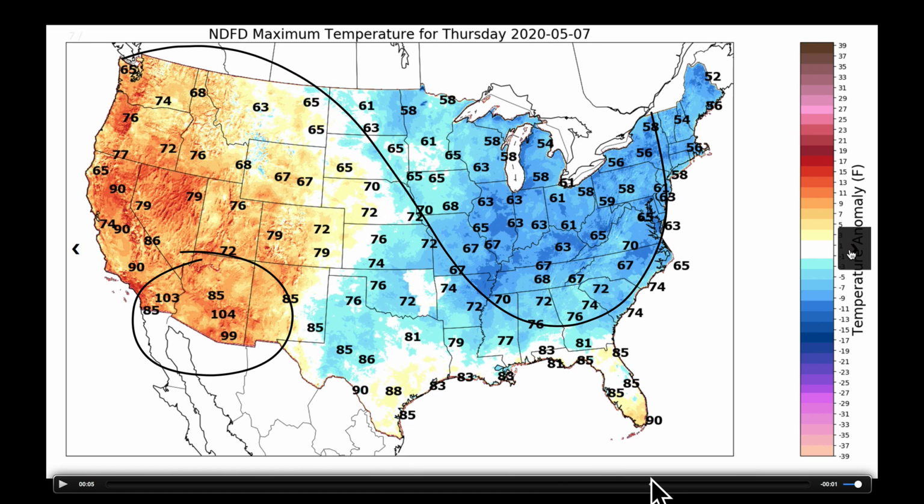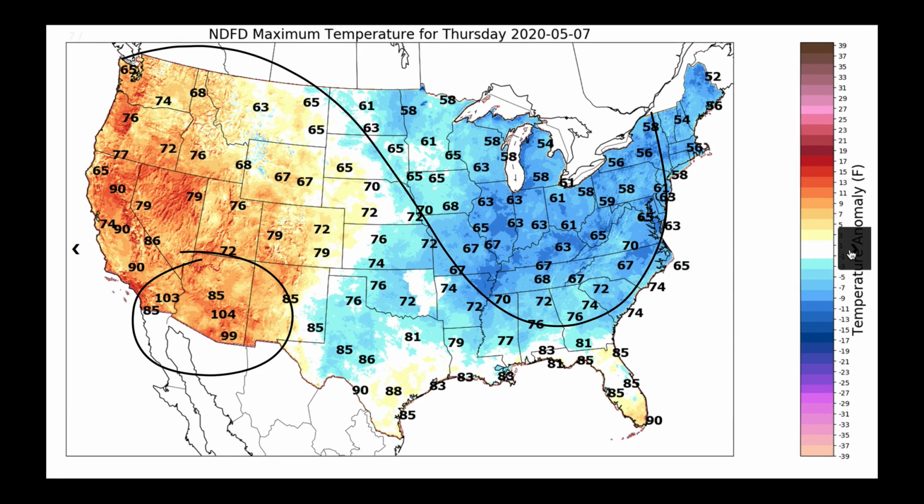This is Wednesday into next Thursday. Another very hot day here, with a lot of 90s being recorded in the Central Valley of California, with triple-digit heat down here in the desert. So this is the way the pattern's evolving, and it's certainly one that's going to be highly amplified.